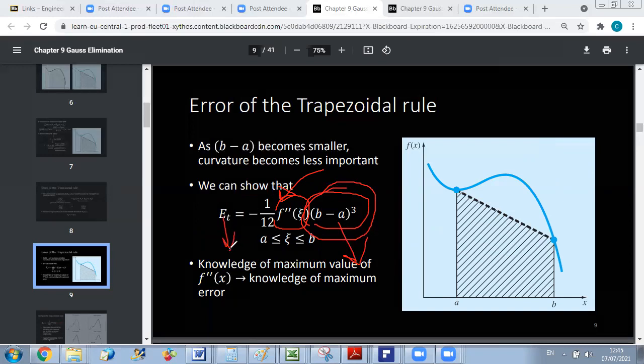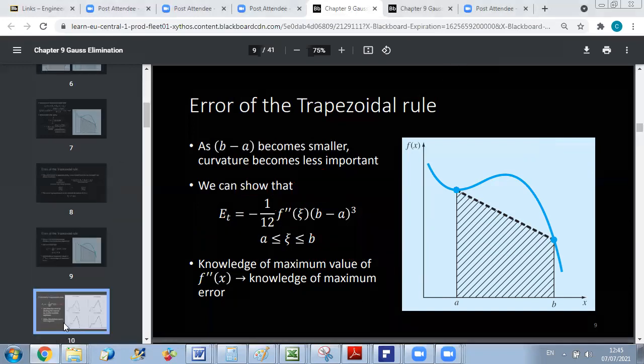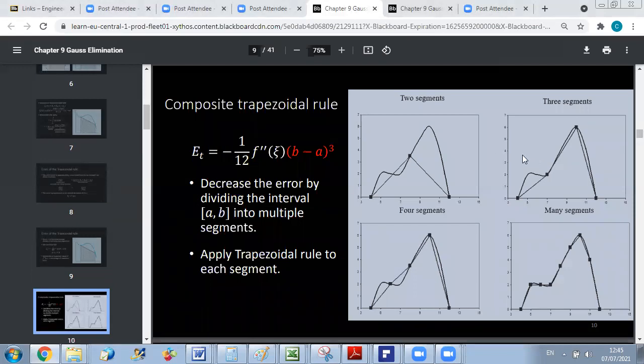This is why, as expected and as we saw in our first observation, if we use several segments, we can reduce the error. Okay? This will be clarified more in this slide. Here we consider the following slide with different numbers of segments. First, if we just use one segment, it will be very bad. Look, if you use just one segment, this is the first point and this is the end point. Here, we will have a very large error